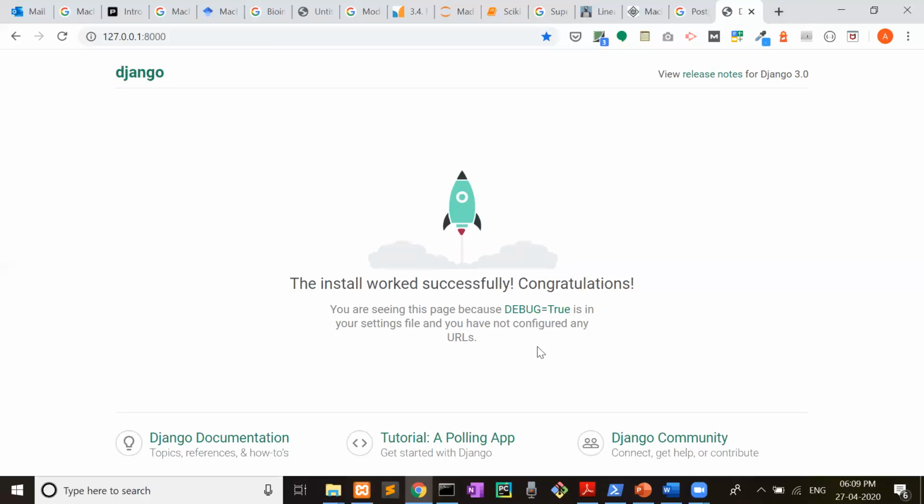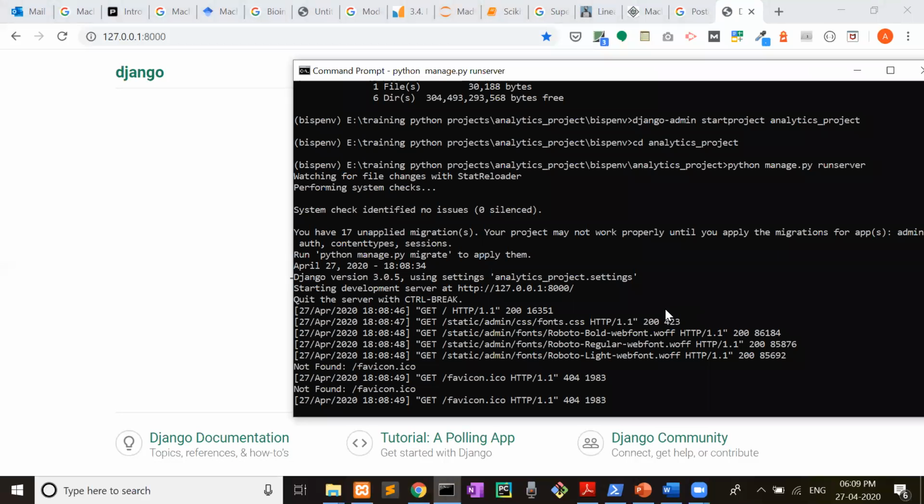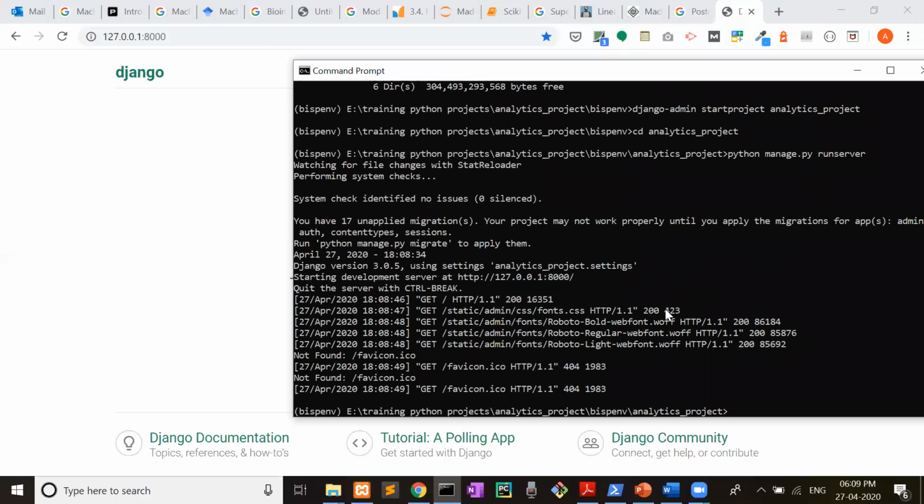Now let's create the app. Press Ctrl C. Now we are inside our project. Now we will create the app. For example, python manage.py startapp.